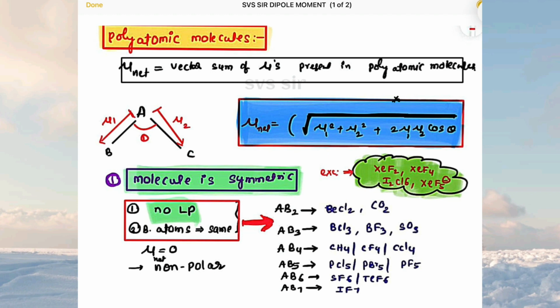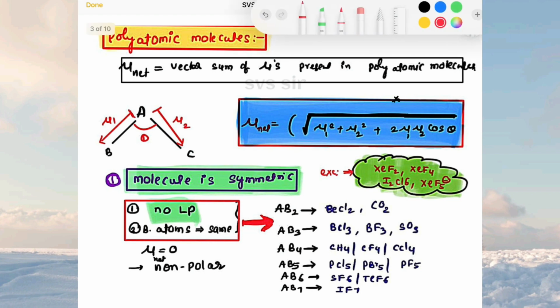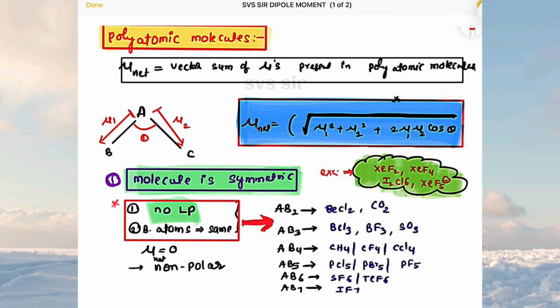Here we have two cases. First one, if the molecule is symmetric. What do you mean by molecule is symmetric? Molecule is symmetric means no lone pair, and bonded atoms are the same. Surrounded atoms, bonded atoms are the same. In such a case, dipole moment equals 0 and it is a non-polar molecule. For example, AB2,